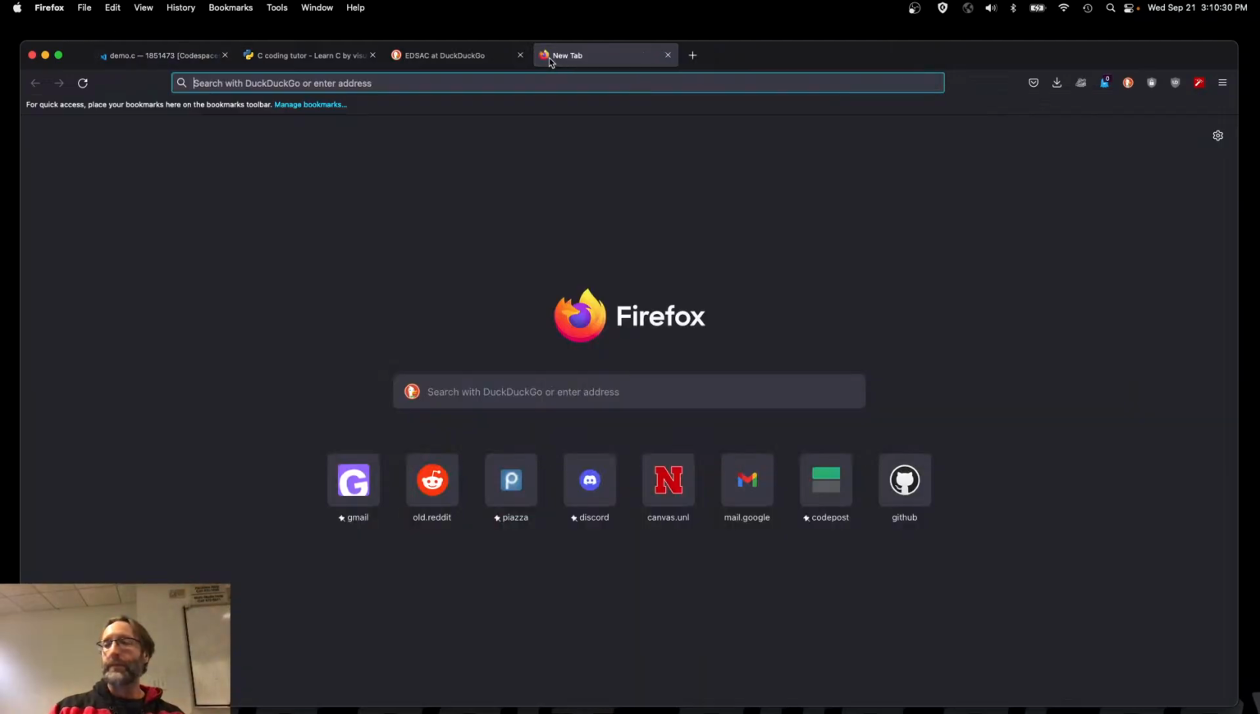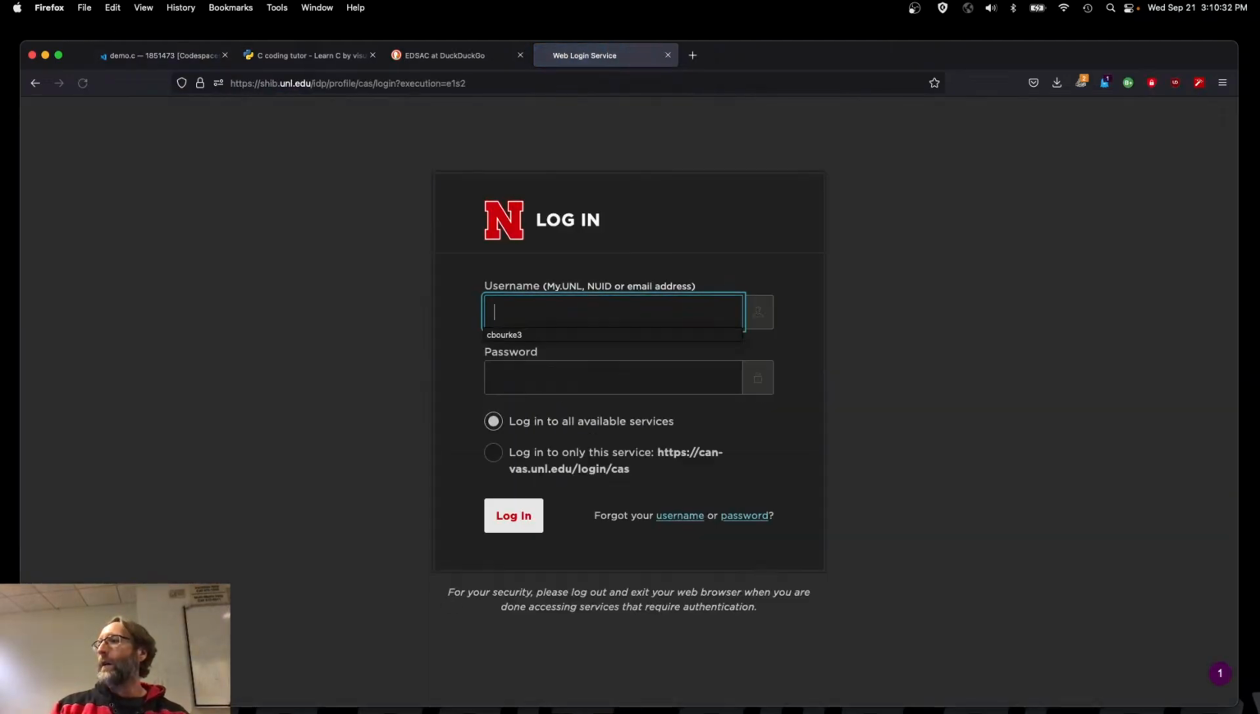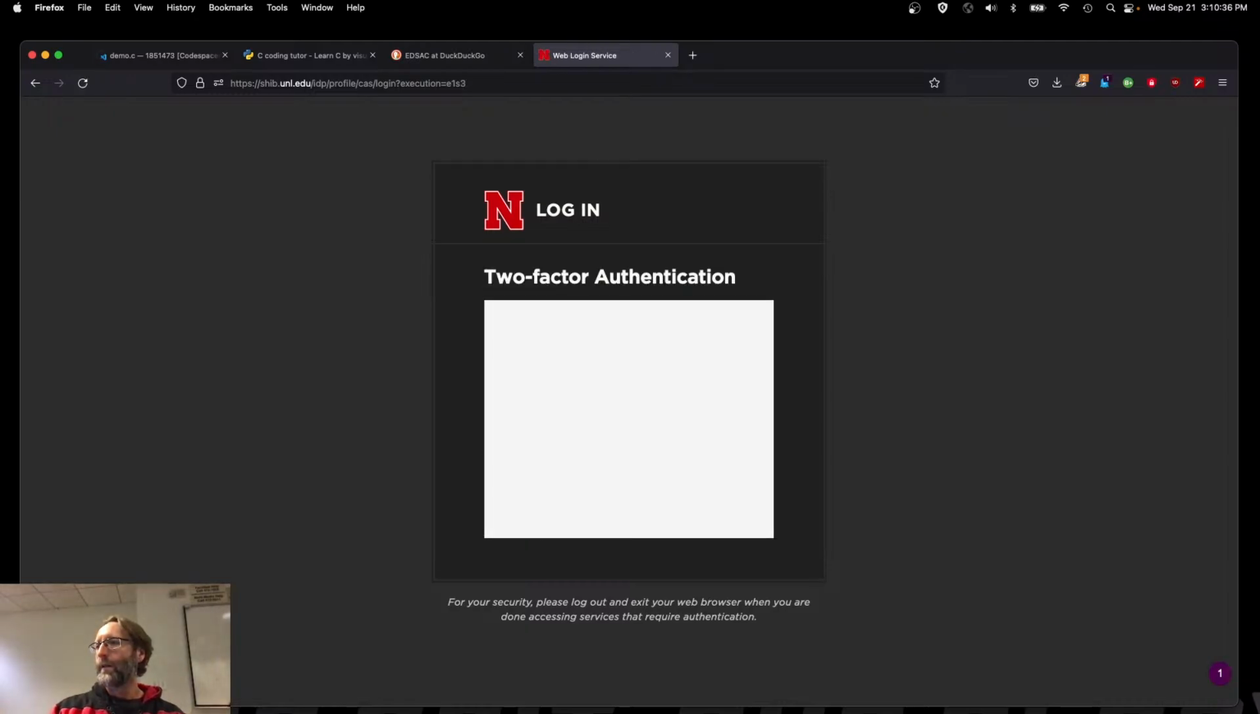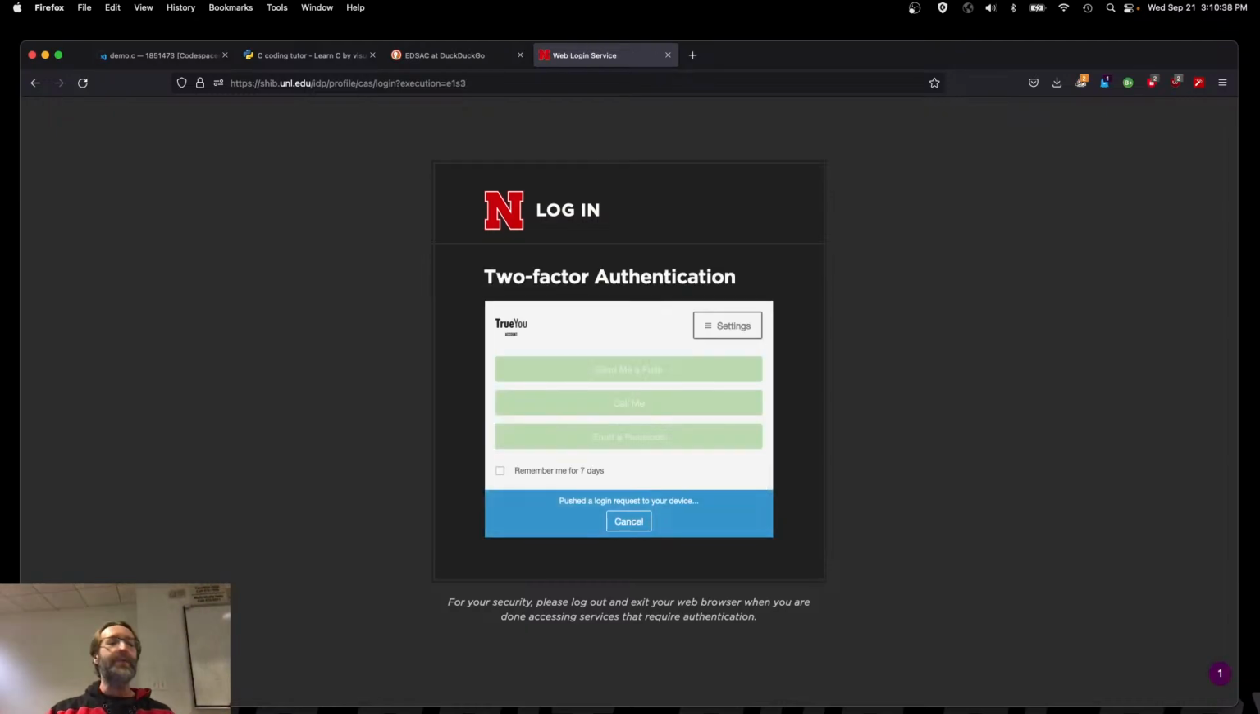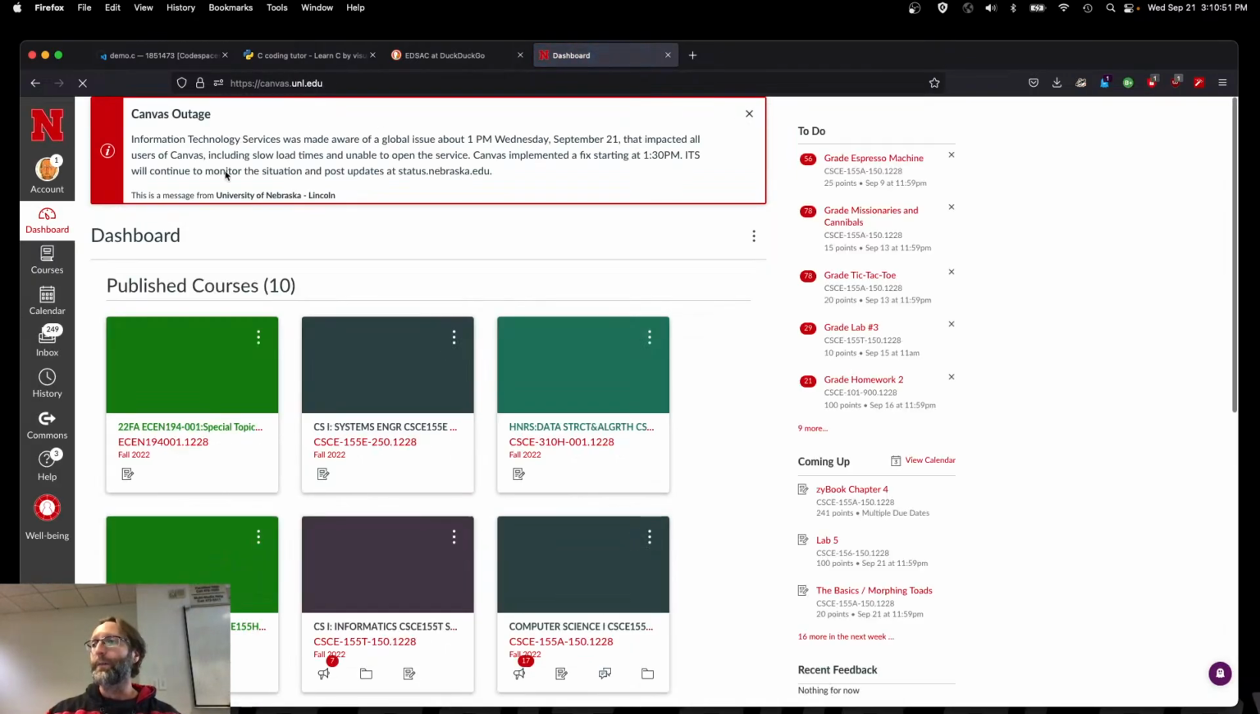Well, Canvas. Come on. Come on. At least I had my phone right here. You actually don't need to log in to get to Canvas. It's a public course, but